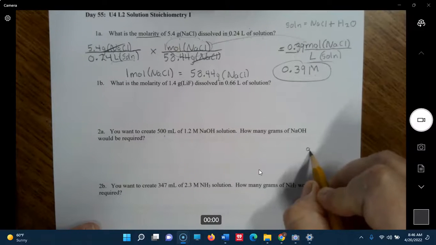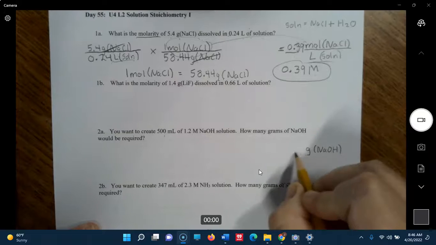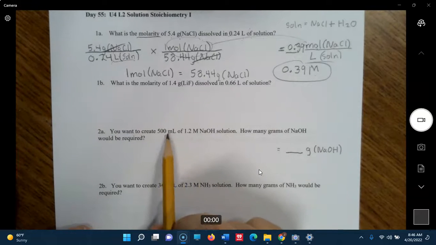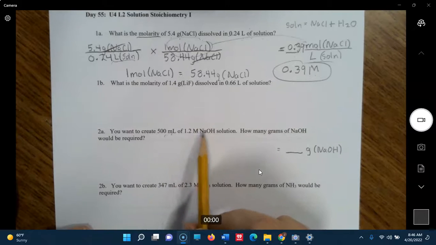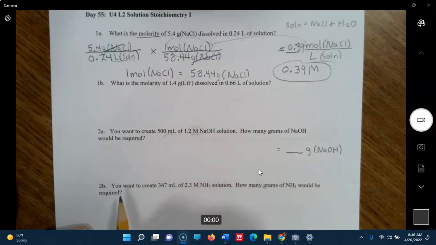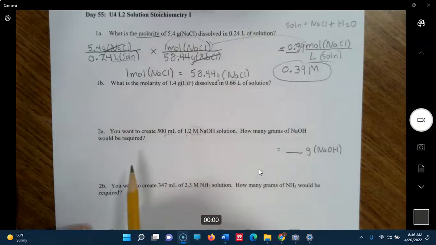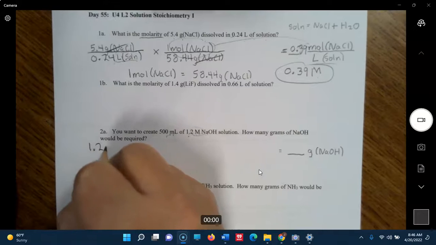We're going to put that way over here. Okay, now we have 500 milliliters, that's a unit of measure. We have molar, that's moles of NaOH over liters of solution. So we have a top and a bottom, so we can't just put this number over this number. Can't just do that. So what we're going to do is we're going to take the 1.2 molar, that's moles,